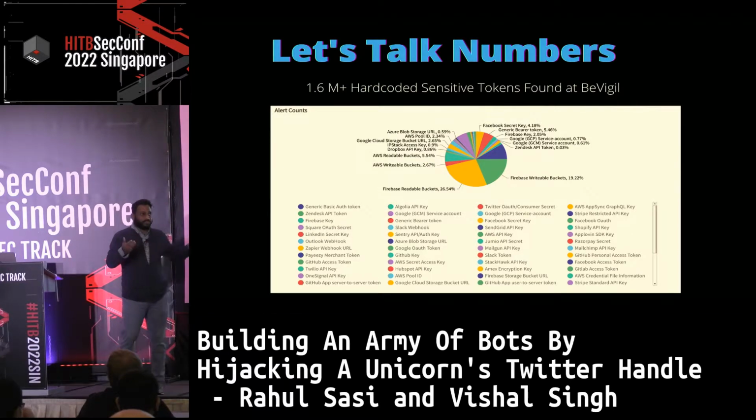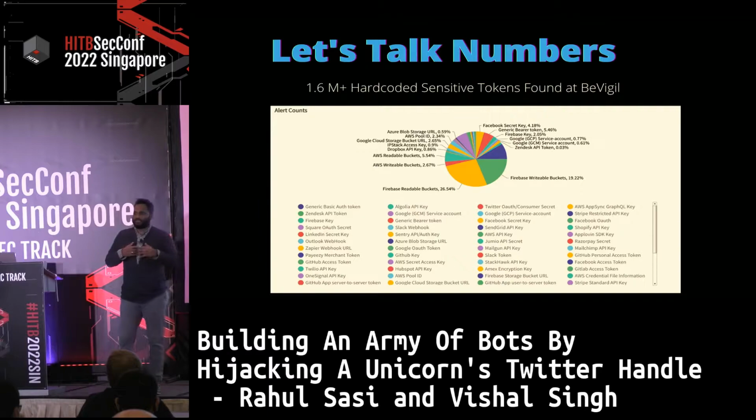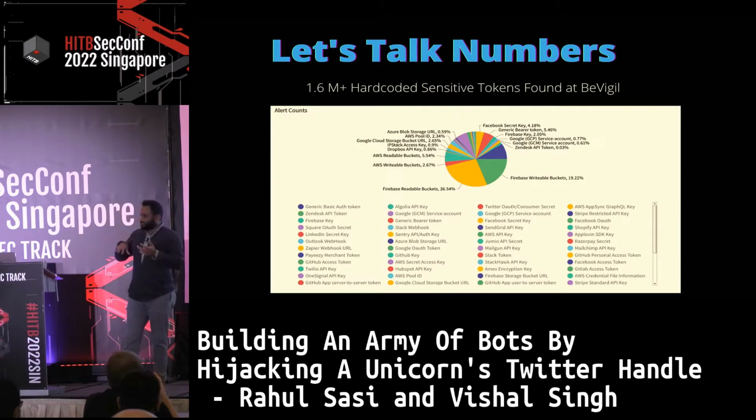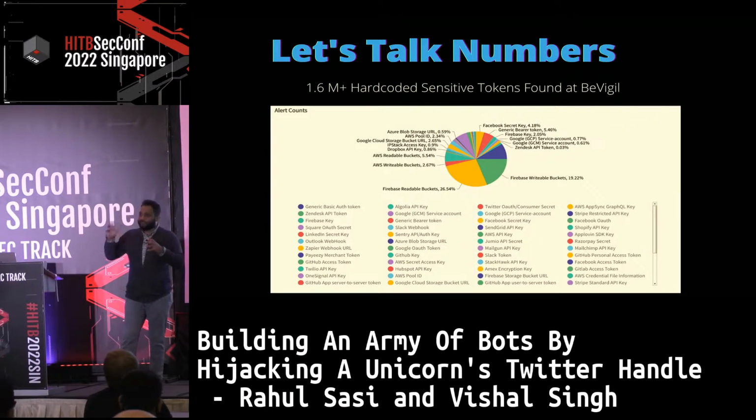Like I just said. So the thing is that we have almost 200 plus signatures of API keys, which we are specifically looking for in these apps. Now, after finding these keys, one of the interesting things was, how many of these API keys can actually be exploited to get some deeper insights or deeper access, right? So this research very specifically focused on one key, which is Twitter. We have published multiple reports on how attackers can exploit other keys as well, but this is very specific to Twitter keys.